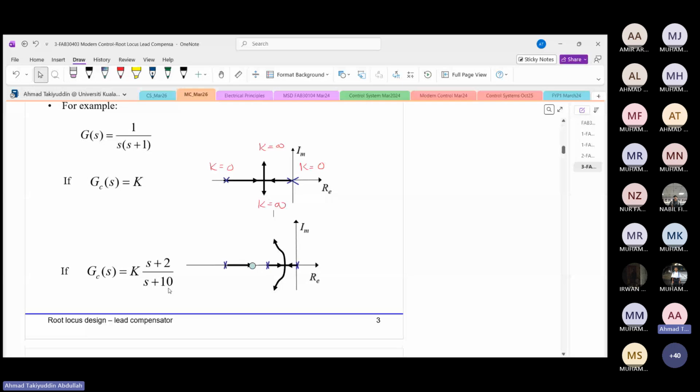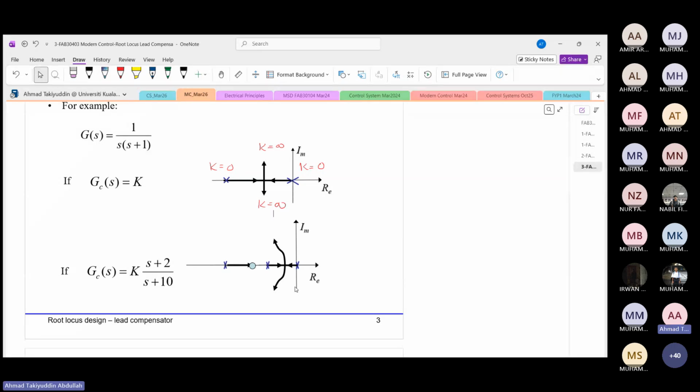This (s + 2)/(s + 10) is the equation that you are going to have with the compensator that is already added in the original system. You are going to have the plot that will look like this. So it will be the plot of the root locus